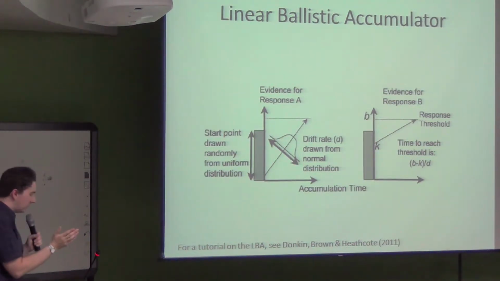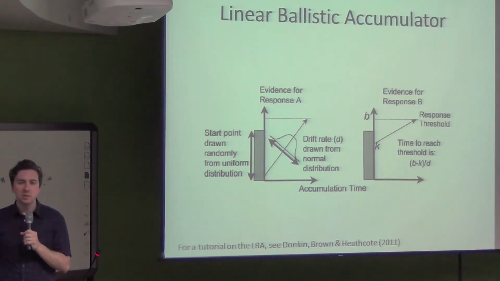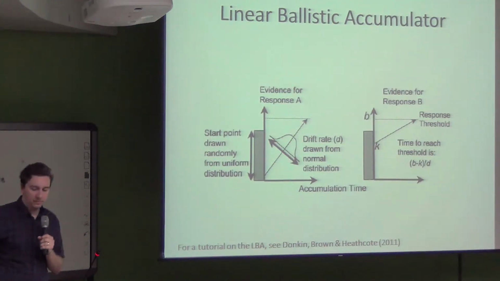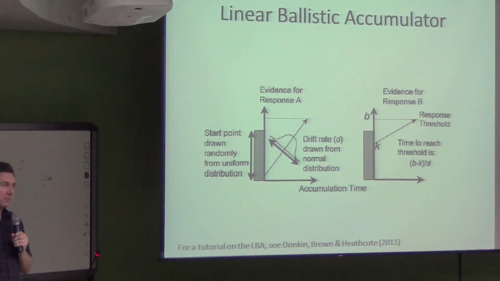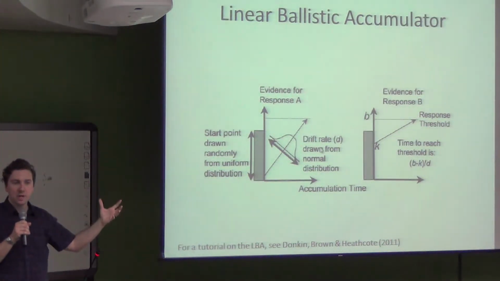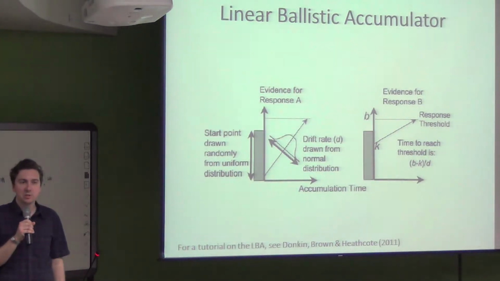So every time you see the same stimulus, you don't get exactly the same drift rate from that stimulus. It's a little bit variable. There are a number of different process assumptions you could make to explain where that variability comes from, but none of them are really directly testable, so this is just an assumption of the model. When you combine this type of variability with this normal drift rate variability, that allows this very simple setup to predict pretty accurate response time distributions.